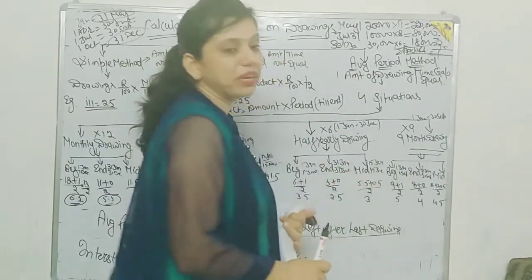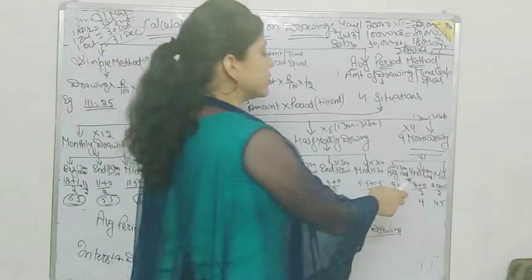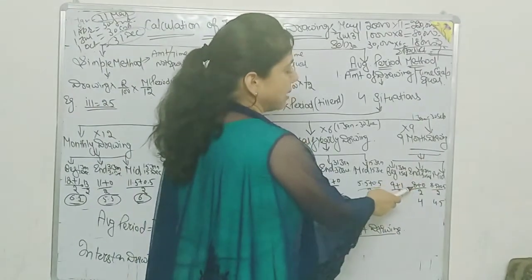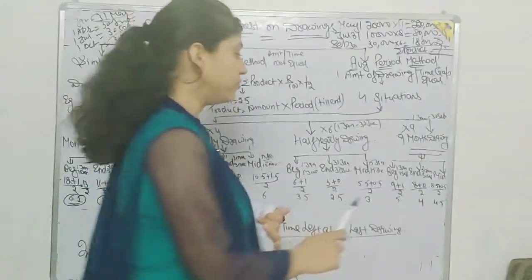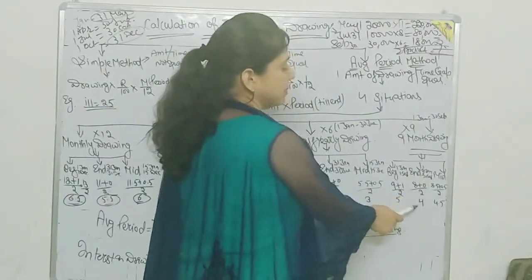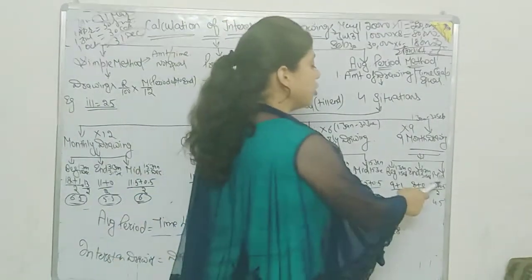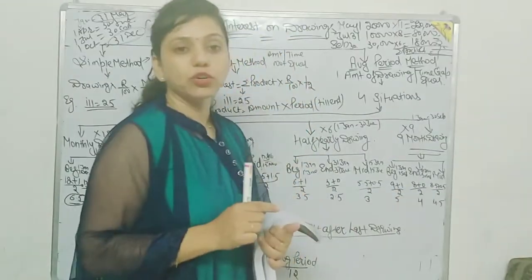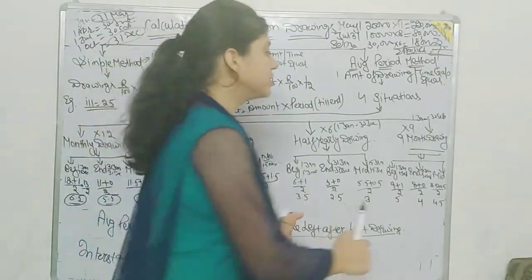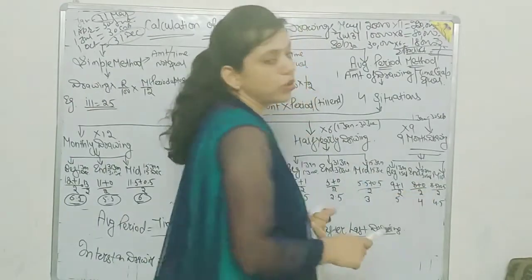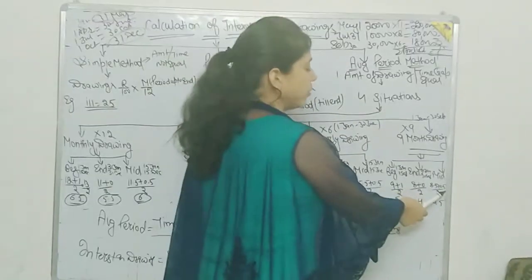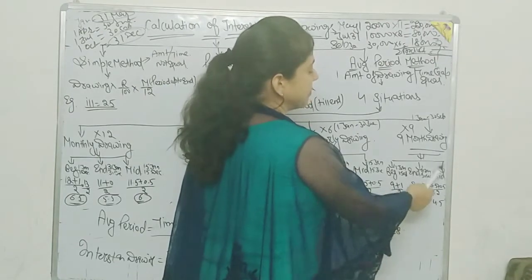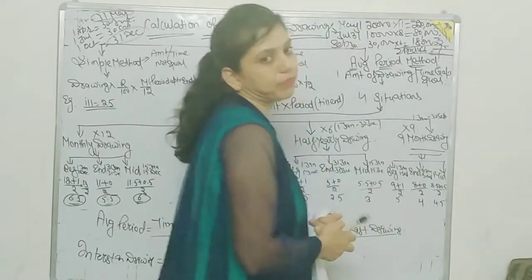If end of every 9 months, the first drawing is on 31st January, time left 8 months. The last drawing is on 30th September, time left 0 months. 8 plus 0 by 2, that means 4. And when mid of every 9 months, the first drawing is on 15th January, so 8.5. The last drawing is on 15th September, so 0.5. 8.5 plus 0.5 by 2, that means the average is 4.5.